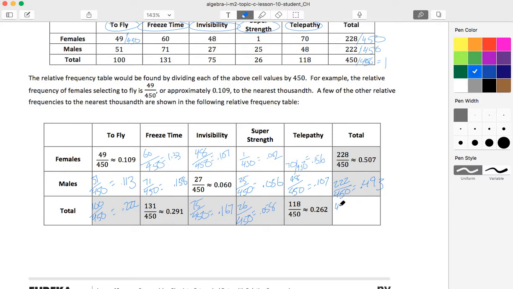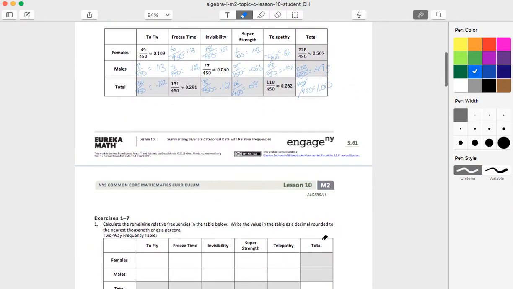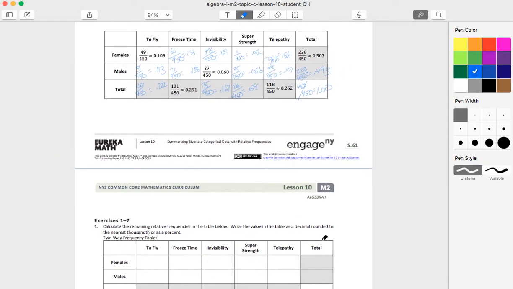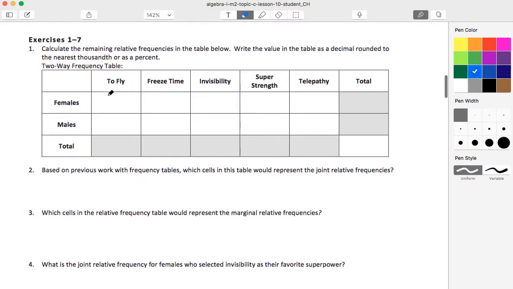And then total 450. We did this one, 450. That's equal to 1.00. Now, hopefully you left room in your table, because we're going to rewrite this again, but we're going to rewrite all the percentages. So I'm going to take my same decimals, you should have them on your paper, and I'm going to write them as